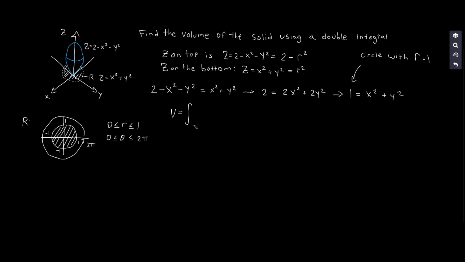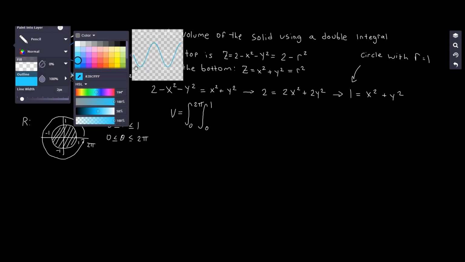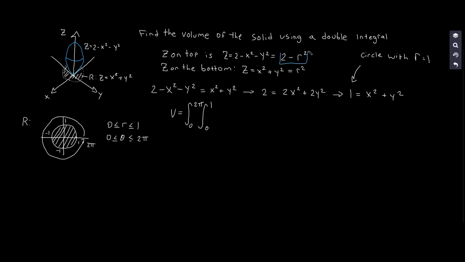So I guess what I'm trying to say is we're going to put the bounds of integration for theta on this one, so 0 to 2 pi, times the integral for r from 0 to 1. Inside of our integrand,